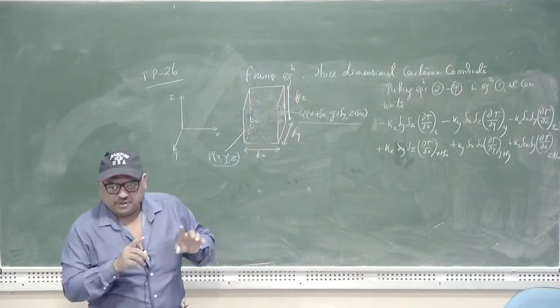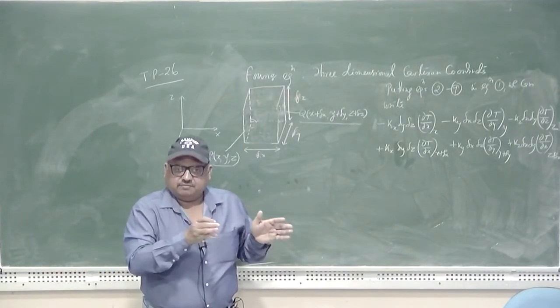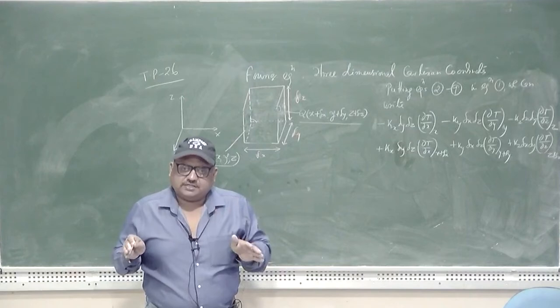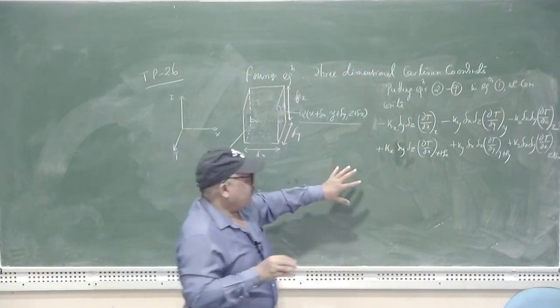So all the quantity including the first parenthesis minus all the quantity in the second parenthesis, that's why this comes plus. That should be equal to